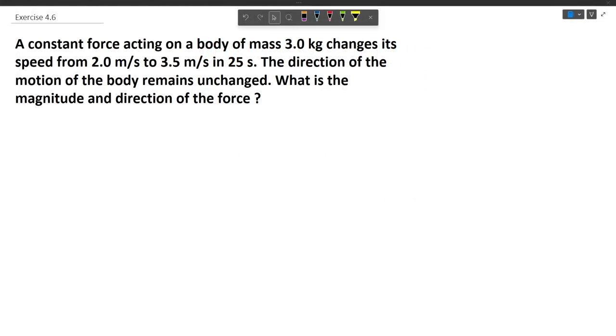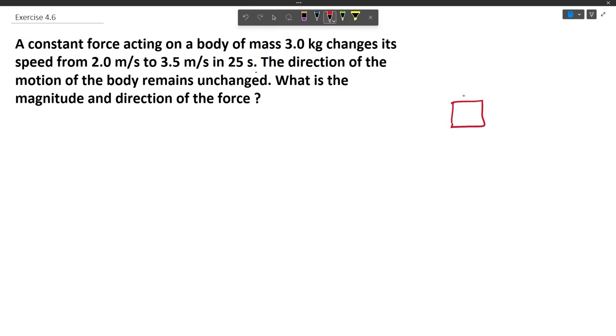The question says that a constant force acting on a body of mass 3 kg changes its speed from 2 meter per second to 3.5 meter per second in 25 seconds. The direction of the motion of the body remains unchanged. What is the magnitude and direction of the force? So in this question there is a body